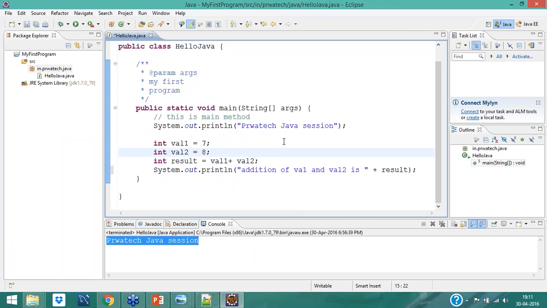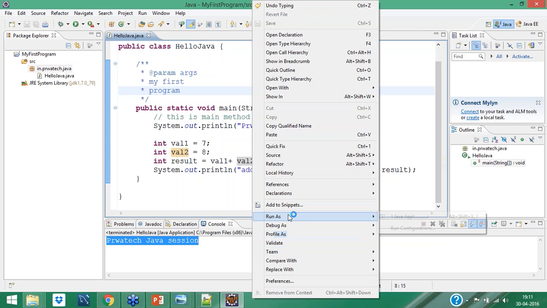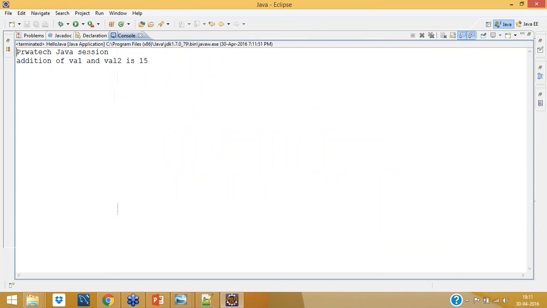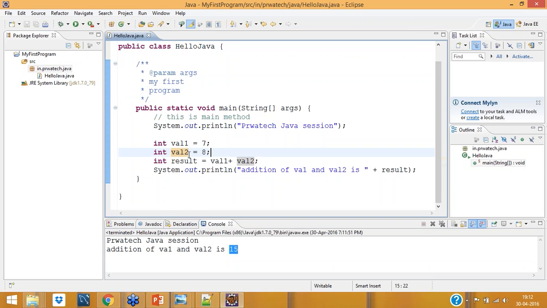Let me run this. Before running, I have to save my file. Save it, then run it, Run as Java application. So this is my first System.out.println, and this is my second one. Addition of val1 and val2 is 15. So what it does is add these two, put the result inside another variable called result, and this result is printed here. Whatever result is holding, it will print here.